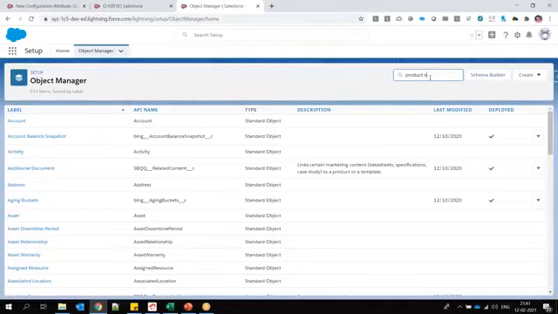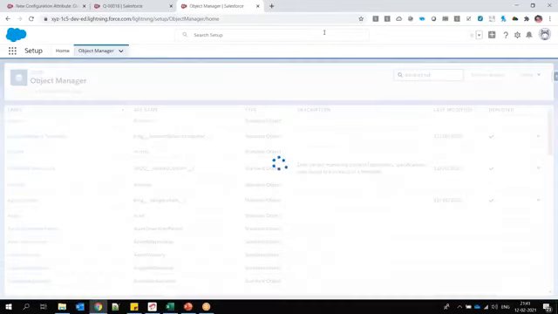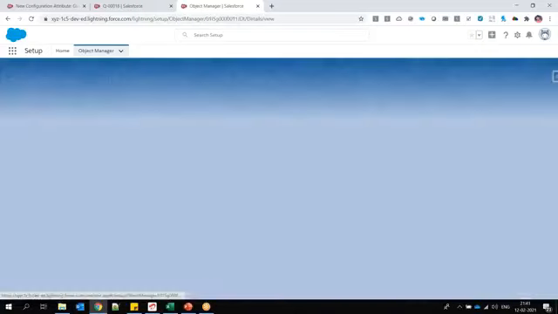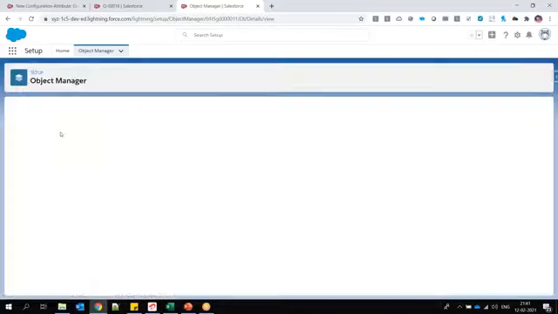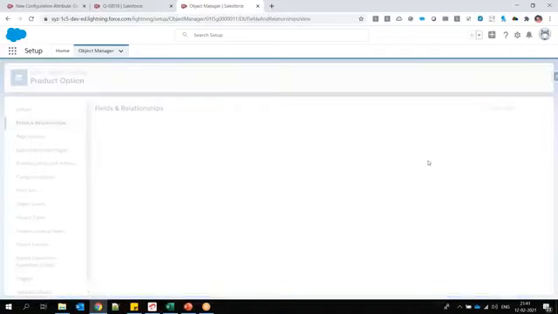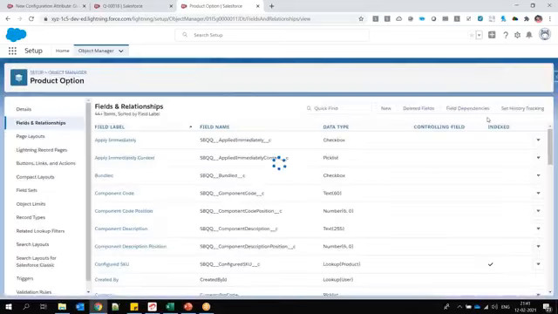So if you go to the product option object, where I am, on the product option object you can create your own field. I don't want to waste time creating just fields. So if you go to fields and relationships, what is my use case? Let me explain the use case, then you will understand what I'm trying to say. So my use case is,